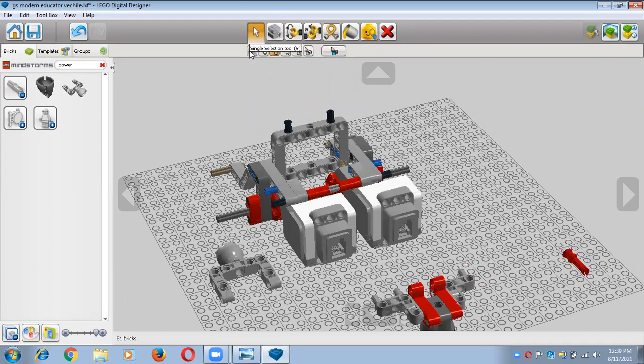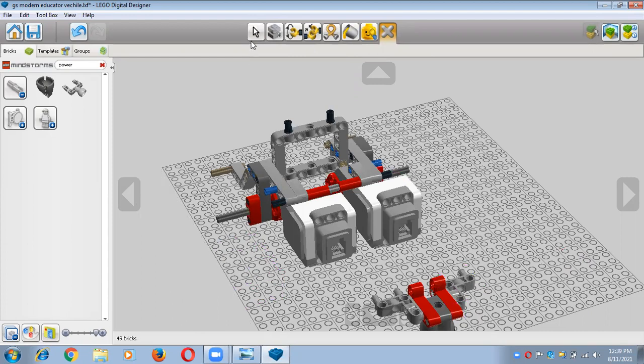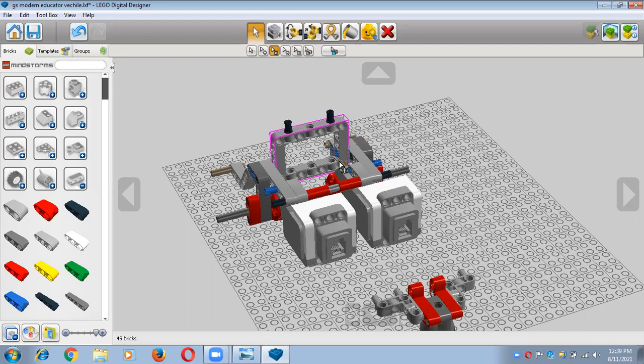You just remove all these extra parts, delete this one and delete this one. You have to use single selection. Yes. And now you have to use cross axle with connector peg, and those are available here. So you can take from here with the help of the clone tool. Just take from here. Yes, 1, 2, 3, 4. Okay, you will use 4 connector pegs with cross axle, and where do you have to use them? You have to use them here, right?